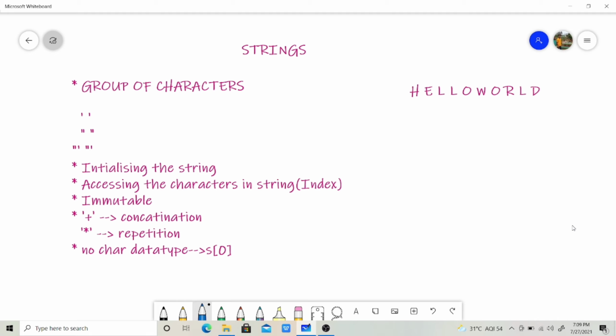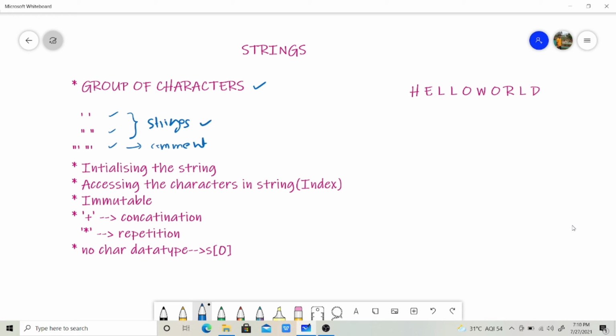In this video, I am going to tell you about strings in Python. Generally, string means a group of characters or a group of words. In Python, we use single quotes, double quotes, and triple quotes. These triple quotes are used for commenting, and these single quotes and double quotes indicate strings. The data enclosed between single quotes or double quotes is defined as a string.